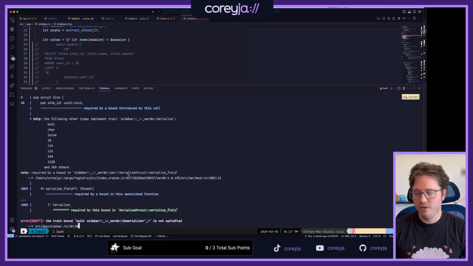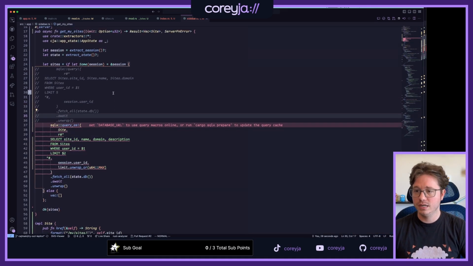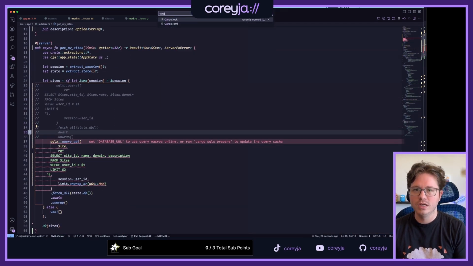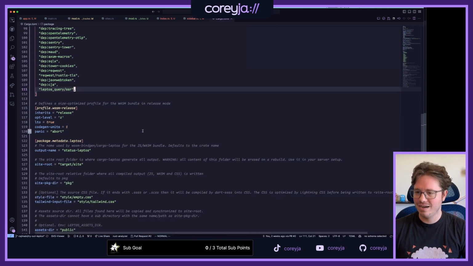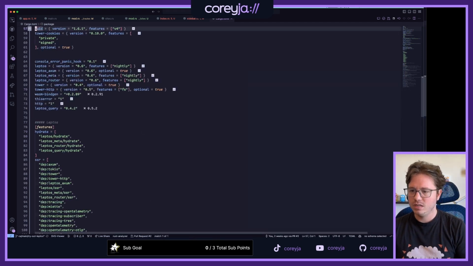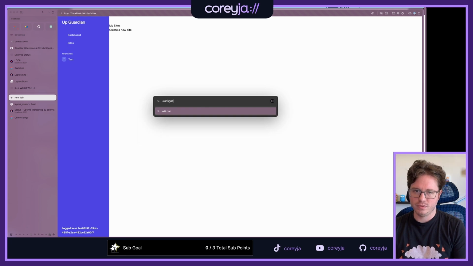UUID isn't deserialized. Well, no, I want to pass UUID around, so we need to make UUID something that's deserializable. So let's go to our cargo.toml. I bet it's some dependency stuff. UUID is there. Features v4. UUID Rust.